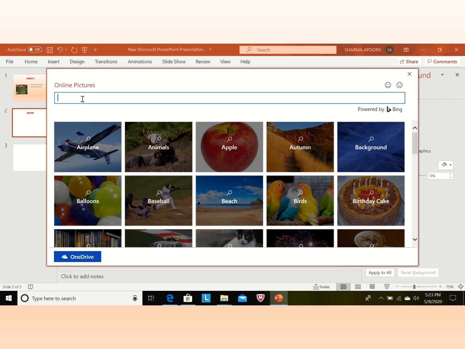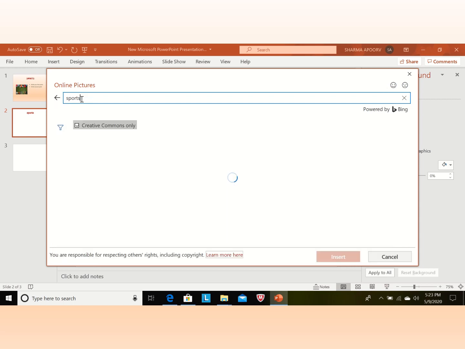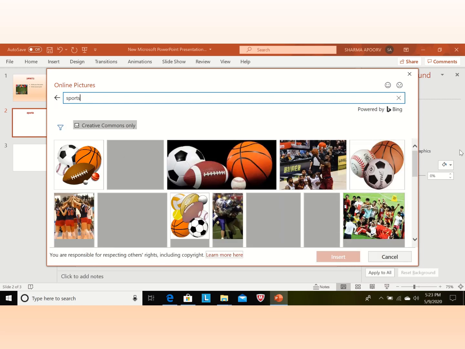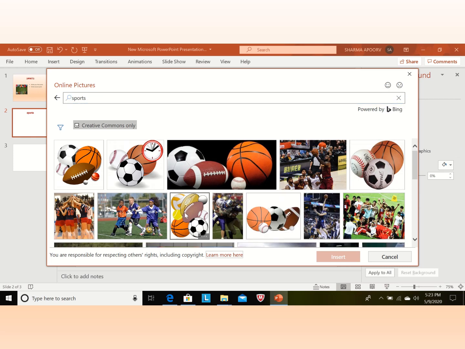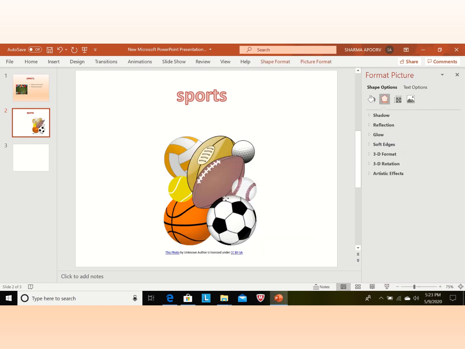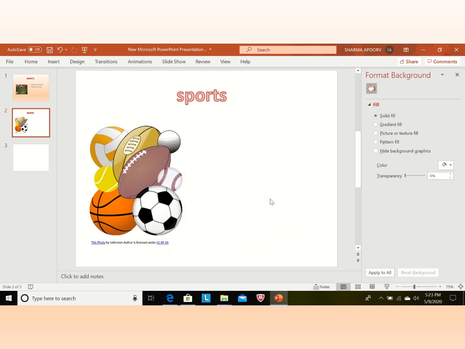From here we can search our clip art. So now I am typing the category sports. I want clip art related to sports. I am selecting this and this. Now I place the clip art here.